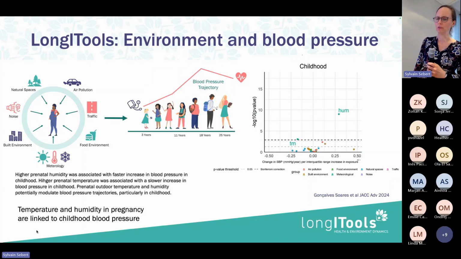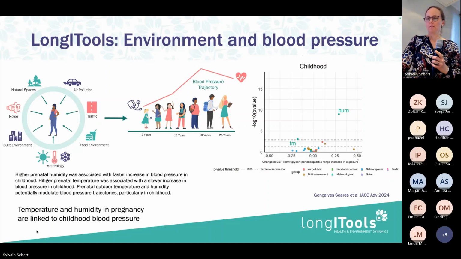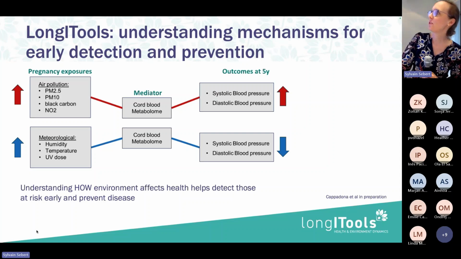mainly in childhood. And this is relevant because we know that blood pressure, as we call it, tracks from childhood into adulthood. So children who have higher levels of blood pressure during childhood are more likely to have higher levels of blood pressure during adulthood. We know that increased blood pressure is a risk factor for cardiovascular disease later. So this is important to know. So Anna looked at multiple stages of life and found that childhood, in this case, is where we see the strongest effects. Very briefly, I can show you